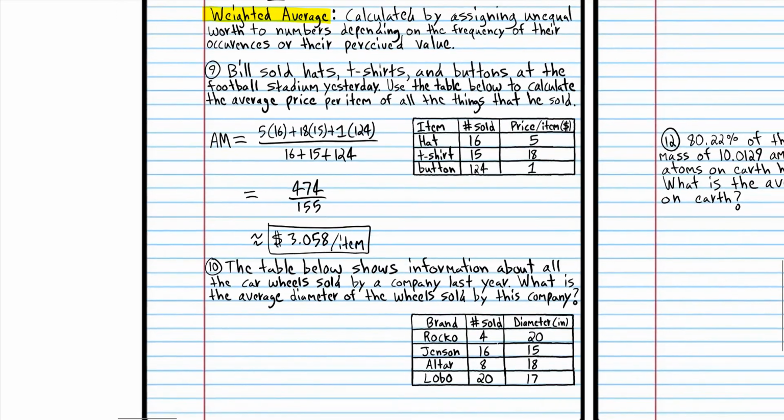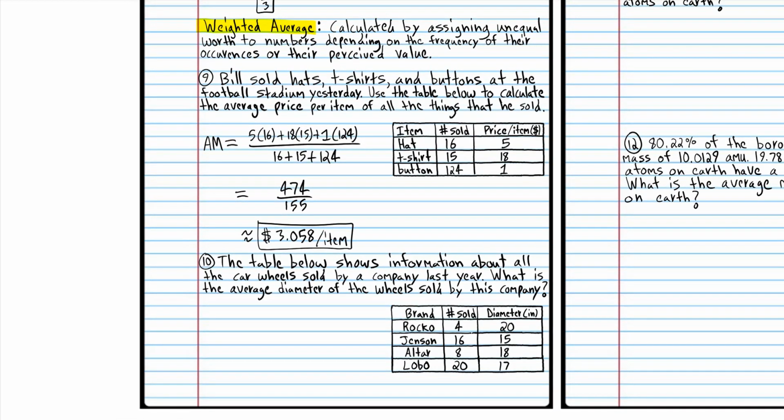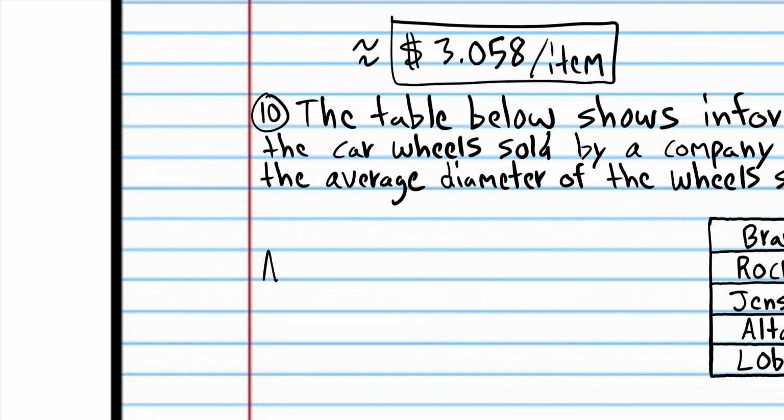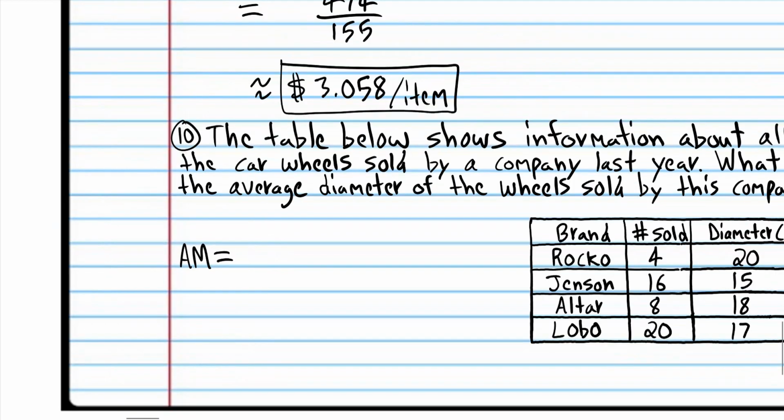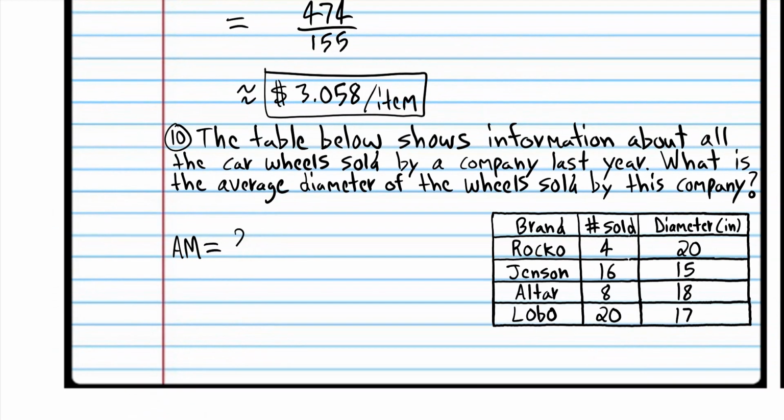So I want you to try number 10. Number 10 is very, very similar to number 9. So go ahead and attempt number 10. When you come back, we'll do it together. Okay, we're back. So again, we're going to find the arithmetic mean, and that is 20 times 4 plus 15